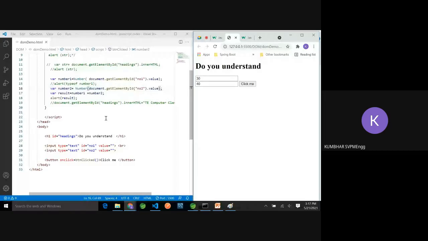Try to bring max of the functions in that calculator step by step. First do only addition, subtraction, then go for the multiplication, then go for the division. But I expect that you should write one separate function for each of the operation. And as I have given a click me here, you can write here plus. So which will tell that after clicking on the plus, it will do the addition. And now do the simple, only one step. Don't go in confusion like first number plus second plus third plus fourth. No, only two numbers.